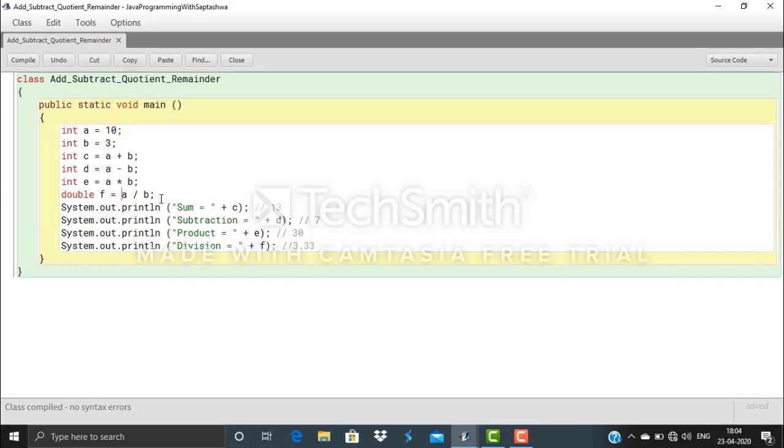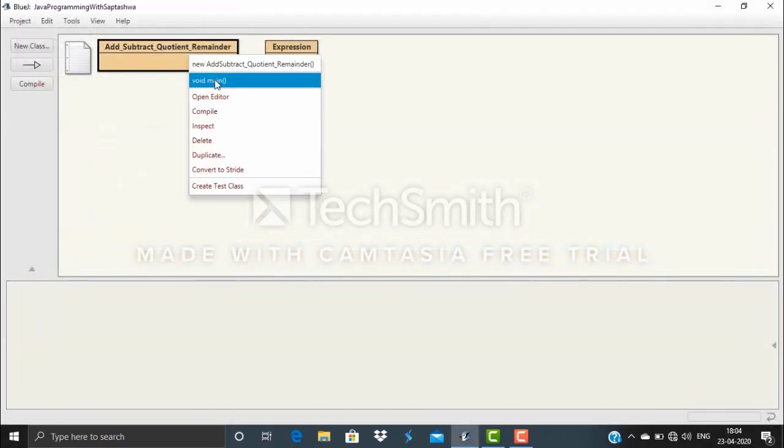To do that, I will just write double in brackets. So the data type of a has been changed to double. Now let me see what the compiler gives me. Now the compiler is giving me the right answer.